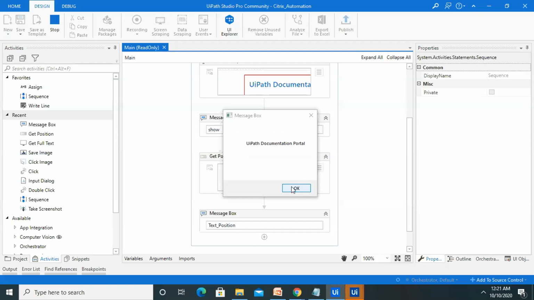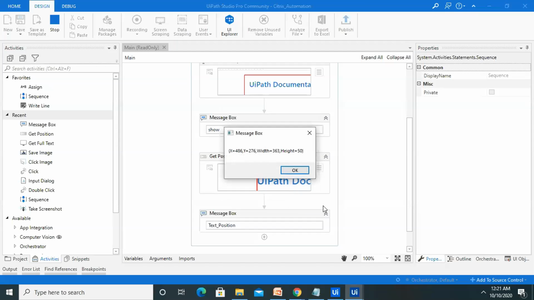Now you can see the text is available. When we click on OK, we will get the position. So there are two coordinates available, x and y. On both the coordinates the position is there, and the width and height of that text is also displayed on the message box.